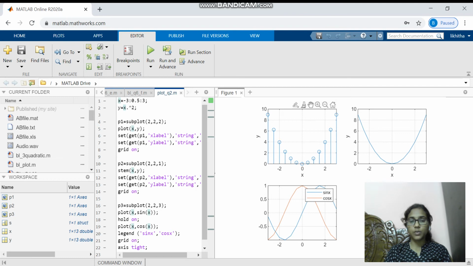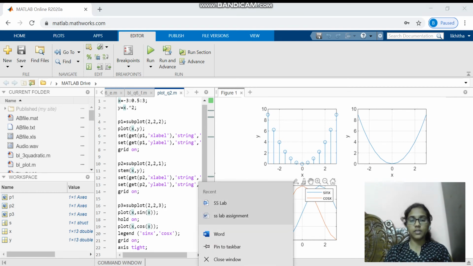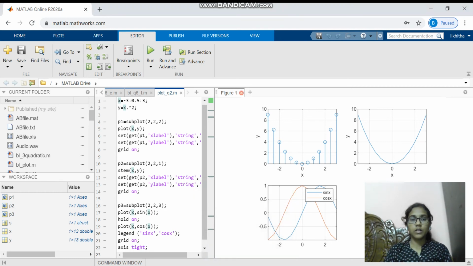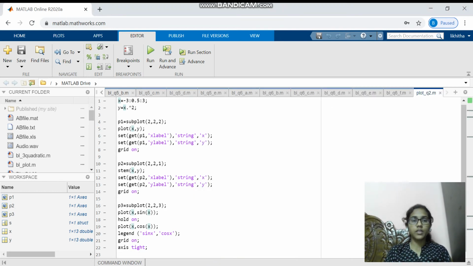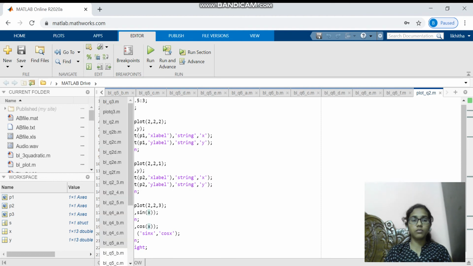Here I have mentioned 1, here I mentioned 3. It will come here. First, second, third graphs we are going to get like this. And the second question, third part we are going to take now.